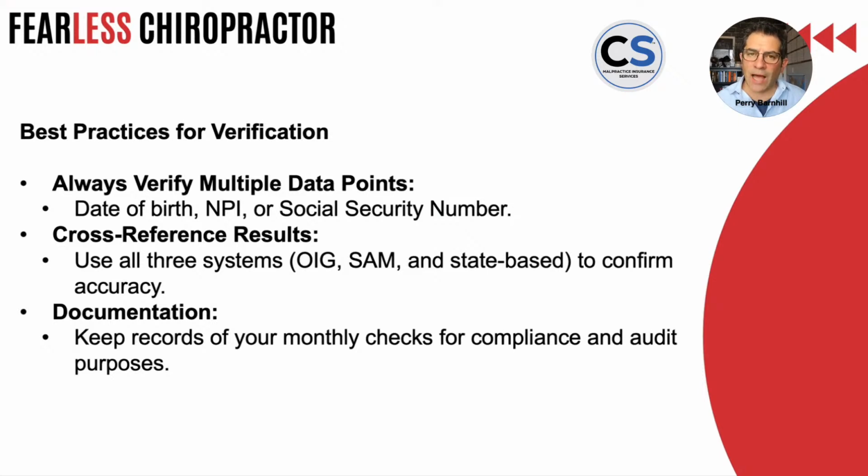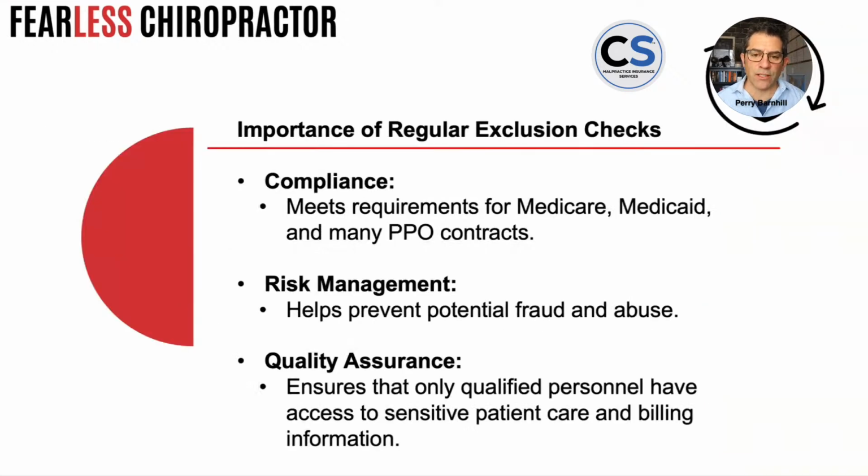And here's what you have to do. Again, if it's not documented, they think we never did it. So you have to document these things. Keep records. You can make a checklist. We have checklists for this stuff where you just basically write your employee's name, where you checked it, and that they were or they were not excluded. And obviously, if they were excluded, you better make sure you do something about that so you don't get yourselves in trouble. Importance of regular exclusion lists.